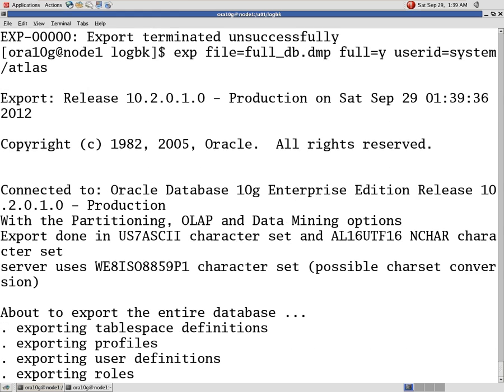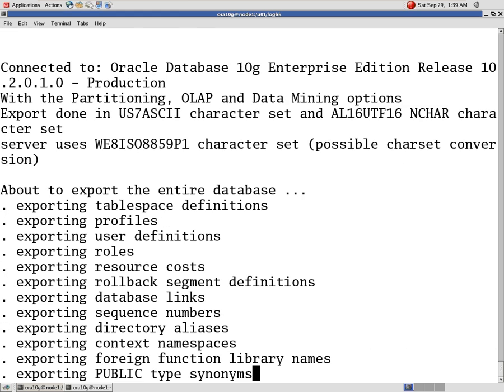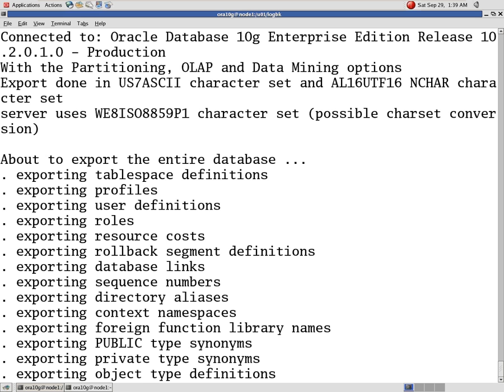Now it's going to export. Exporting the complete database.